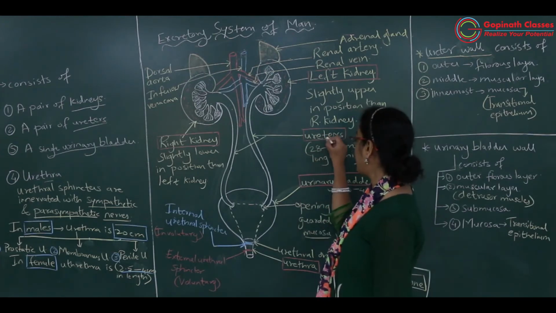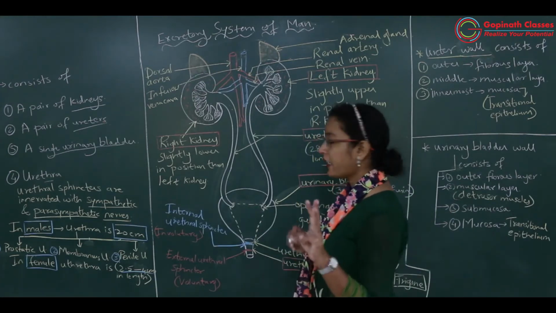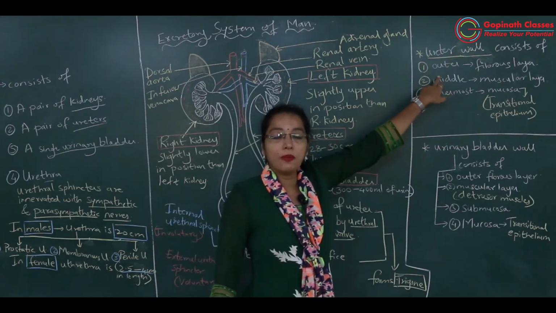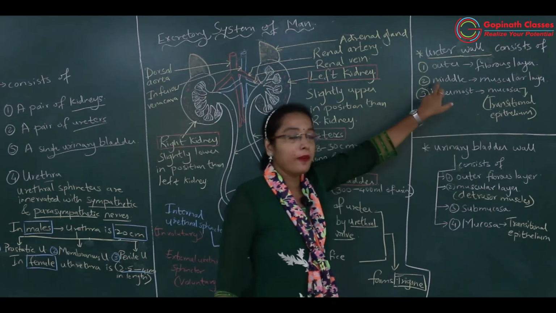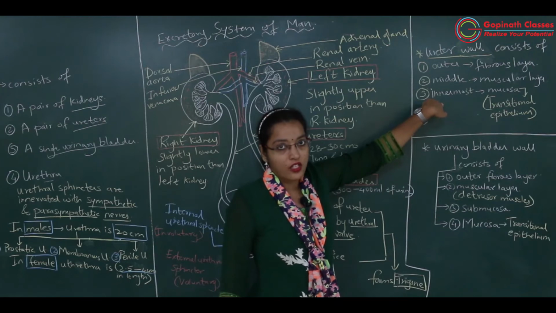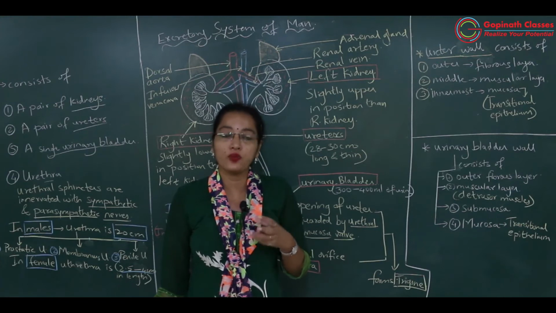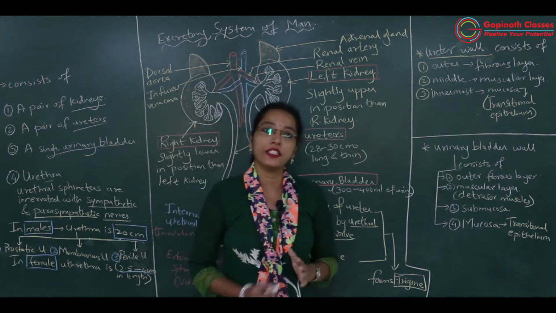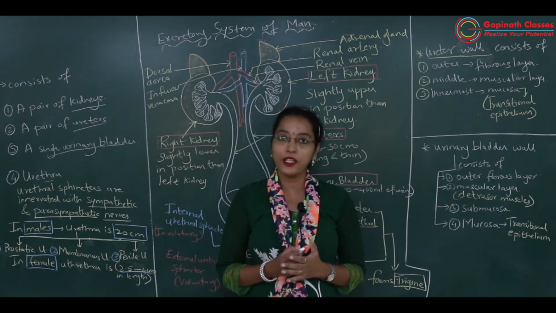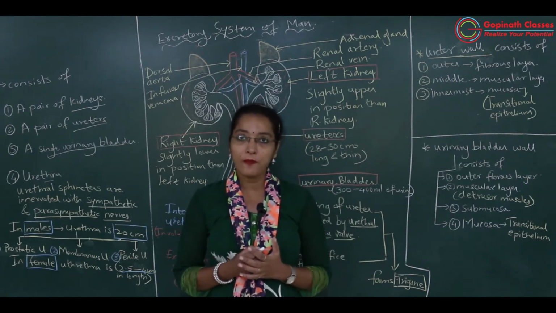Now we'll learn the different layers present in the ureter. The ureter has 3 layers. The ureter wall is made up of an outer fibrous layer, a middle muscular layer and a third layer, the mucosa. For any organ, be it bones or cartilage, we have already studied that all organs need protection, and for protection a fibrous layer, that is white fibers, should be there, because white fibers provide tensile strength to the organ.